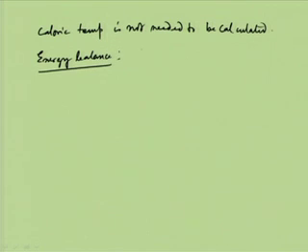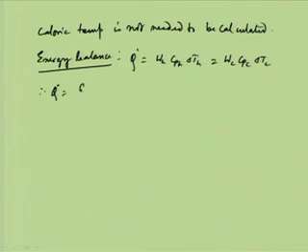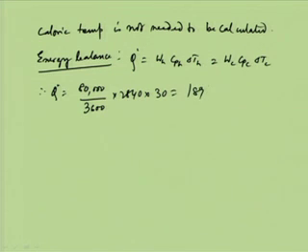Now, from the energy balance we know that Q dot is equal to hot fluid mass flow rate into Cph into delta Th, the hot fluid temperature difference, is equal to cold fluid mass flow rate into Cpc, the cold fluid specific heat, into delta Tc, the cold fluid temperature difference. The hot fluid flow rate is given. So, we can find Q dot equal to 80,000 by 3600, in terms of seconds, into 2840 into 30, and this is equal to 1893333.0 watt.